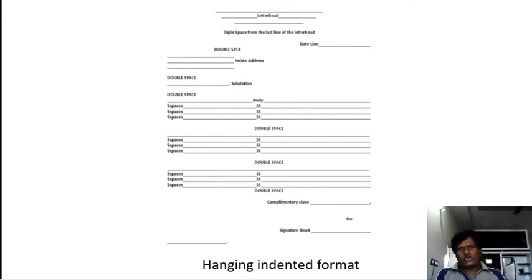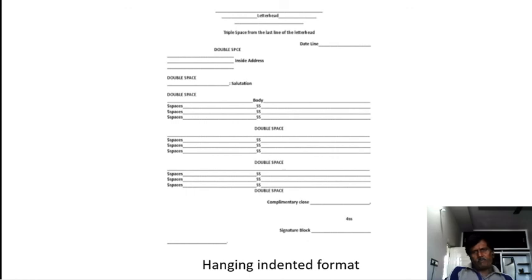Here the heading address is generally written in the central place of the letter with single line spacing, and after double line spacing, the date is written in the right side corner of the letter. Using double line spacing, we then start the inside address at the left side margin. Thereafter, with double line spacing, we start the salutation at the left margin. Then with double line spacing, we start the body of the letter in 3 paragraphs. Here the main feature is that the first line of each paragraph is full block style, that is non-indented, but the subsequent lines are indented 3 to 5 spaces.